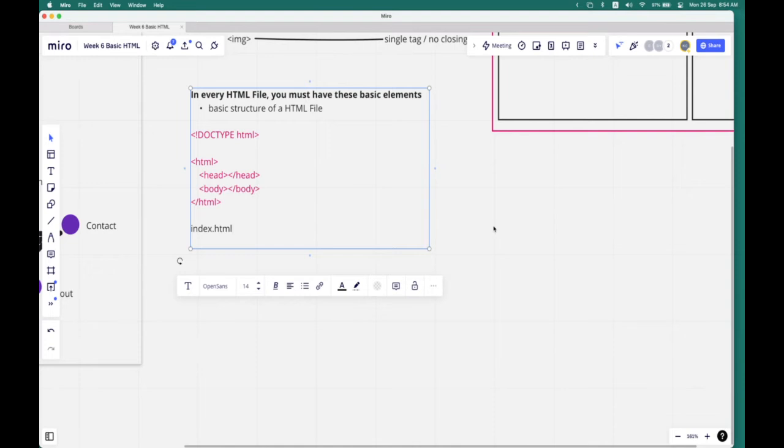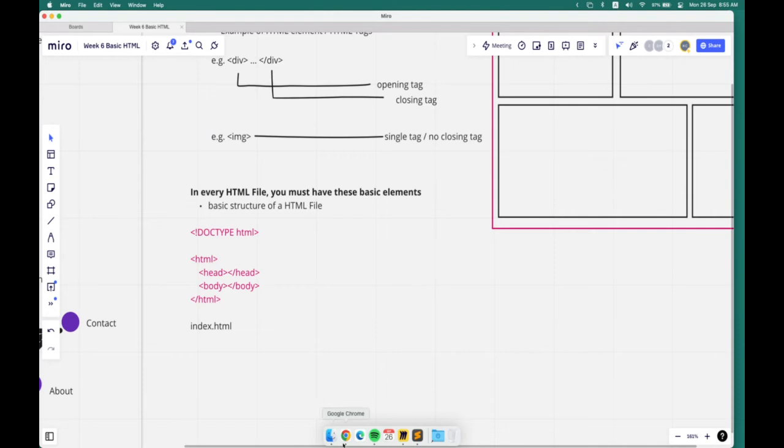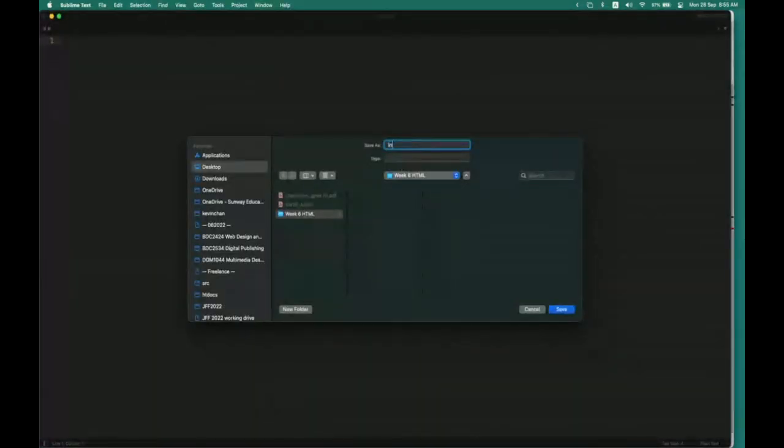So the first file, it could be your home page or a landing page, regardless, whatever file you want people to see first, you name it index.html. For some reason, if you want people to see the about page first, then you name your about page index.html. The other pages are fine. Other pages you can name contact.html, about.html, gallery.html. Those are fine. But the first page you want people to see, you must name it index. So let's name our first file here index.html